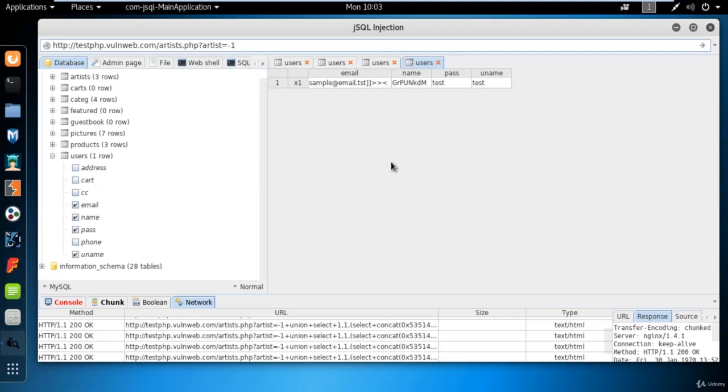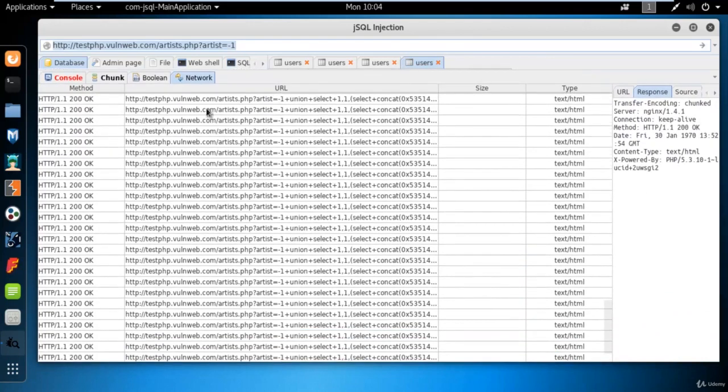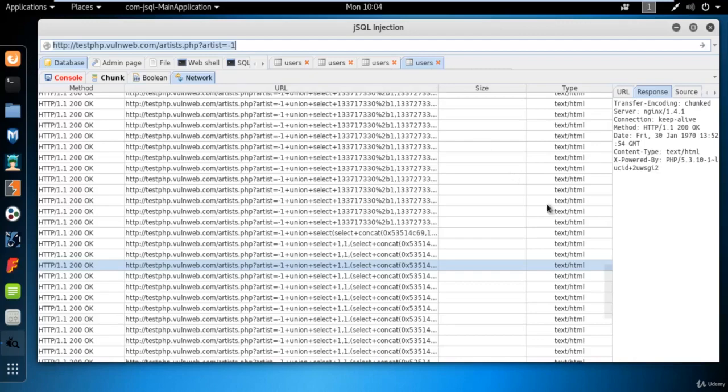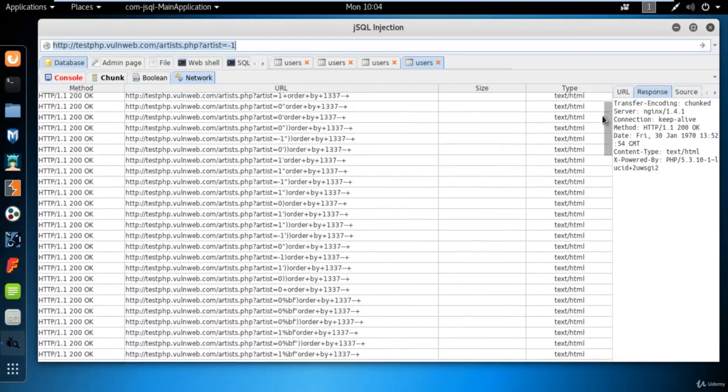So you can see that JSQL injection is a really easy tool. You are doing nothing. You are just copying and pasting the link inside this, right? And then you are trying to run this command, and you can find information about the table names, columns, database very easily. Whatever column data you need, just tick on that column, right click on the table name and click on load, and you will find information right here. Got it? And you can see here that JSQL is trying each and every link possible and will find information for you, right?